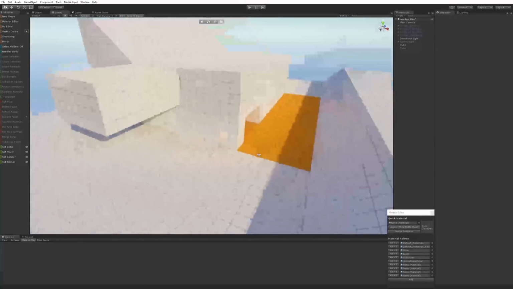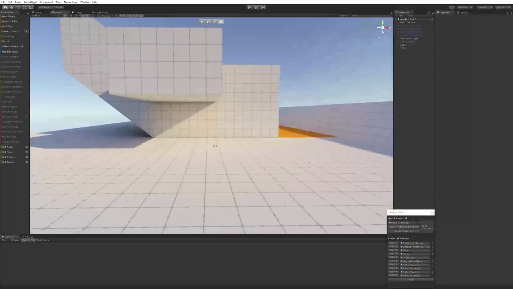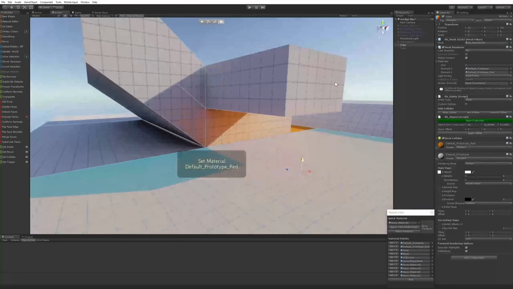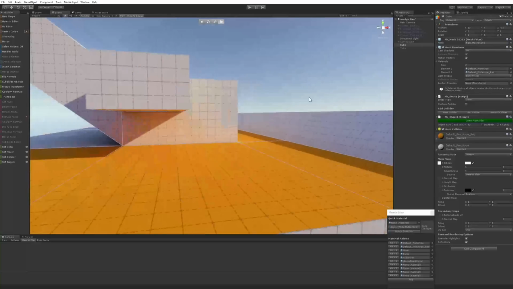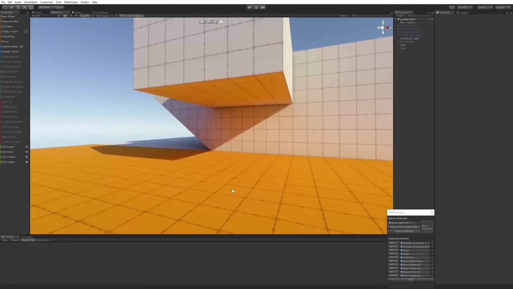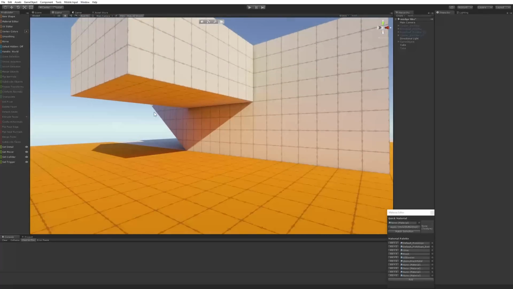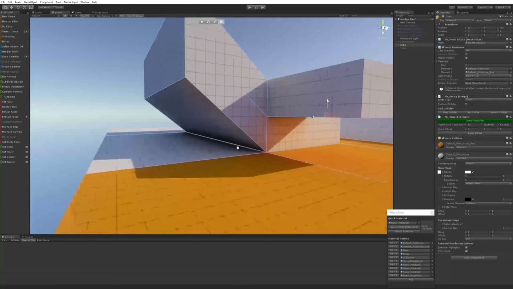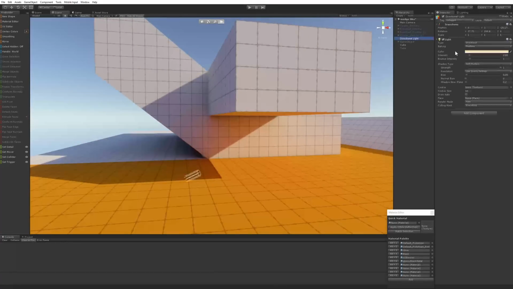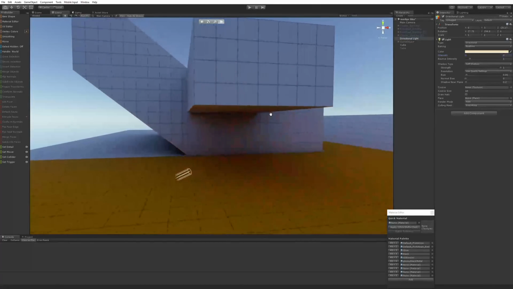But, so what is SEGI capable of? Right now, as you can see, it supports indirect illumination from directional light. So, as you can see, this floor is orange here, and it's bouncing up, lighting up this face here in an appropriate color. And I can actually disable the directional light here for a moment, so you can see